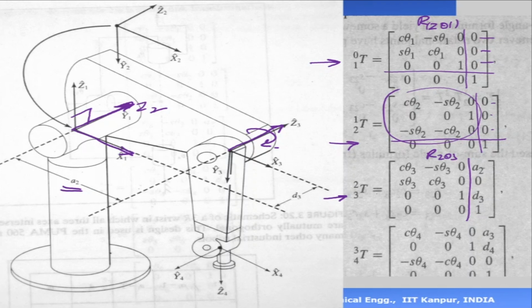The fourth one also has a rotation. The fourth axis, the Z3 and the Z4 are orthogonal. So if you look at it, the structure will become like this. It is similar to this, if you look at the structure there. And there is a shift, the link length is A3 and this is D4. Okay, so that's the fourth rotation matrix, which is between the fourth frame, which is here, and the third frame, which is here now. Okay, so now we have got 4 of them.